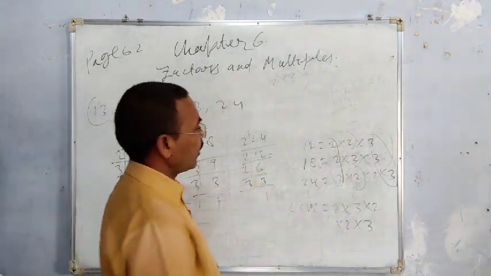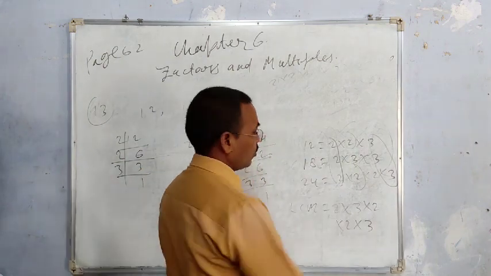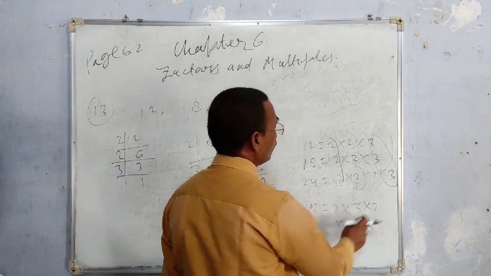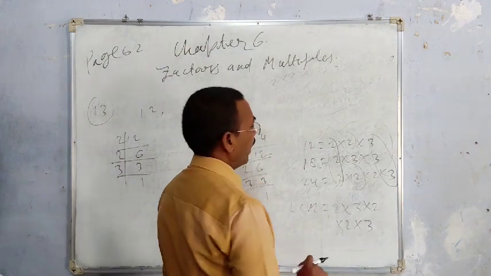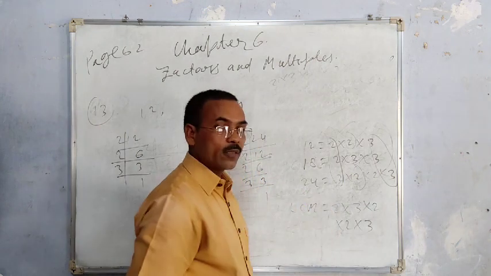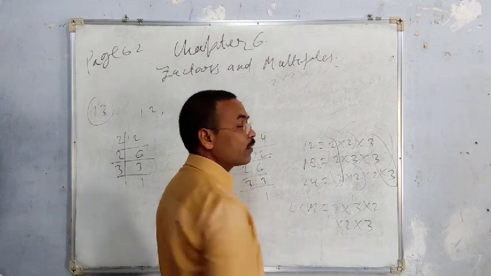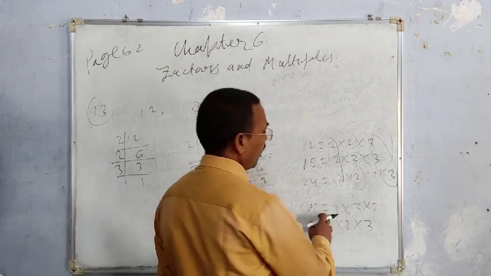By that method also, see here 2 times, here 1 time, here 3 times. So 2 should be 3 times. Okay, and then 3: here 1 time, here 2 times, here 1 time. So what is the maximum? 2 times. 3 should be 2 times. So multiply all numbers together.